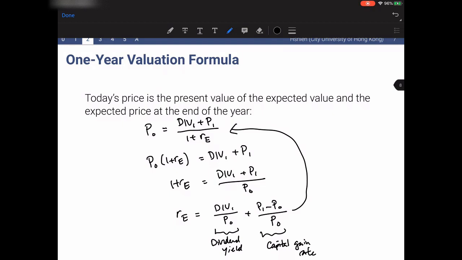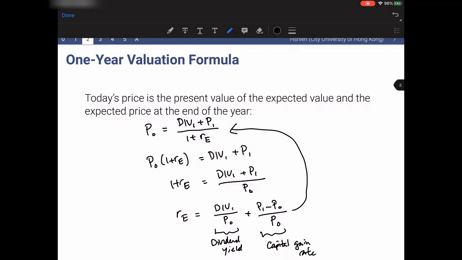And if we keep substituting P1, P2, P3, and so forth infinitely, we can actually rewrite the cost of capital as an infinite sum of dividend payments. Okay, and I will show you how it's done, and that's how we will arrive at the dividend discount